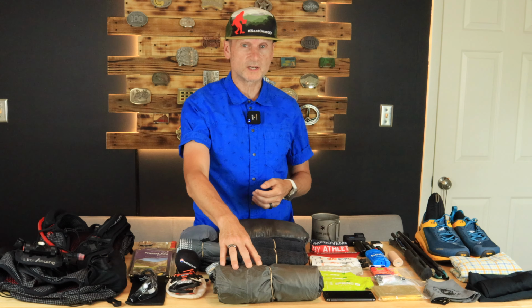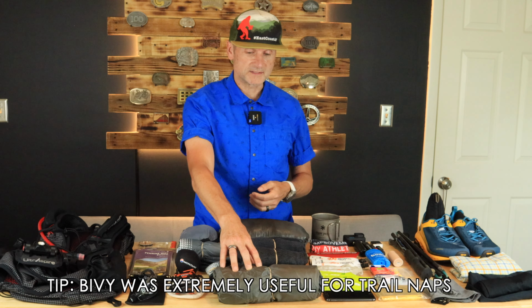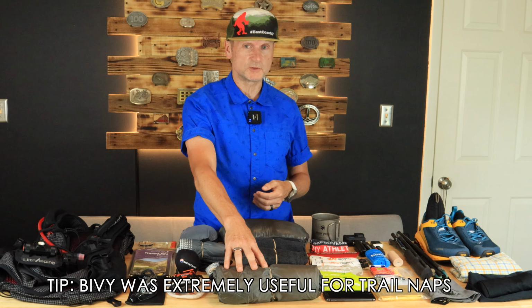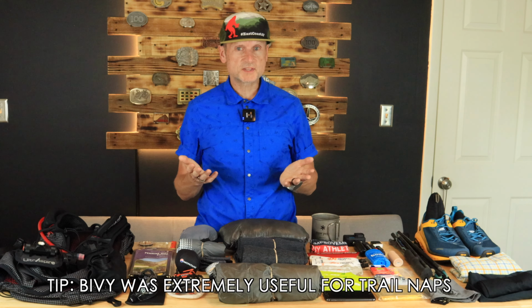And it's a bivy. It's a waterproof bivy that is absolutely mandatory. They will not allow emergency bivvies because they expect runners to use these along the trail to take a trail nap. And this will be key, and it's the basic kit you want to have if you go take a nap. I was originally thinking maybe I'll take a sleeping bag and a sleeping pad, or just a sleeping pad. I'm deciding against it right now. It'll be in my